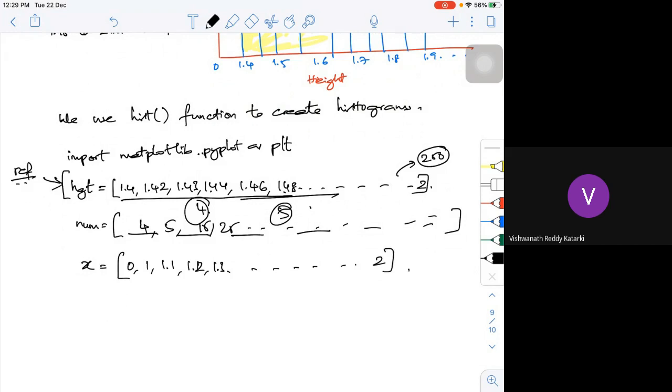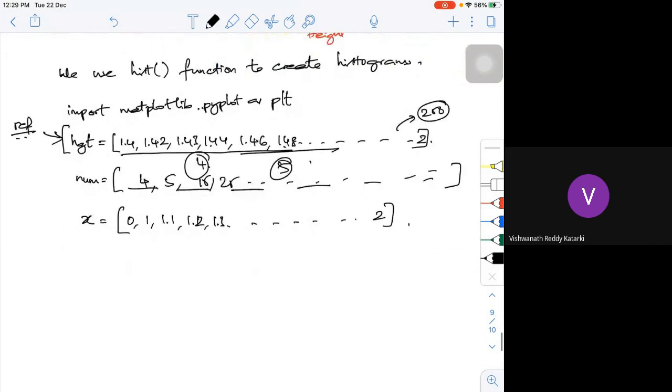Now I need to plot. What do I need to plot actually? I need to plot a histogram of your num versus your x.